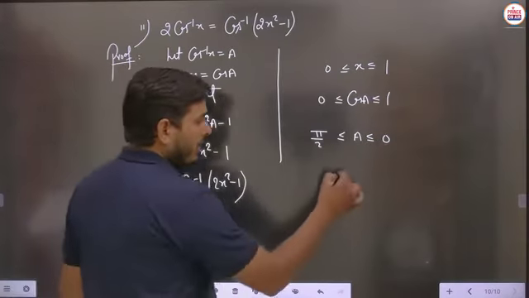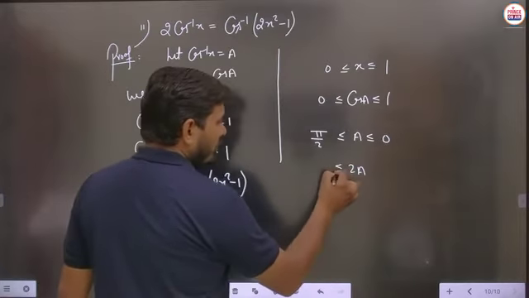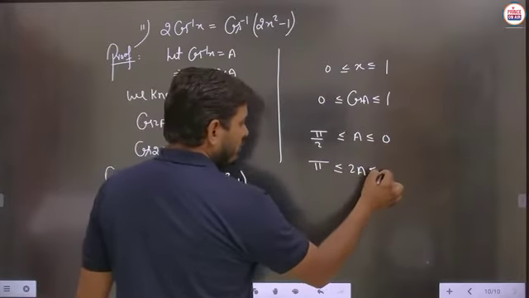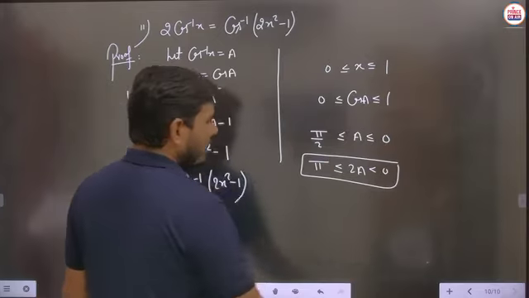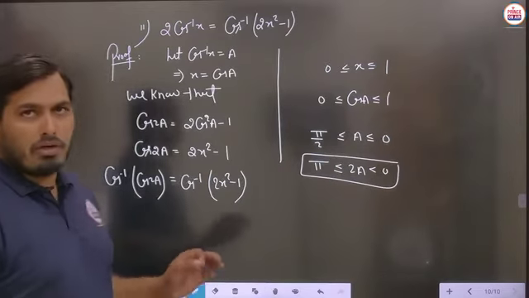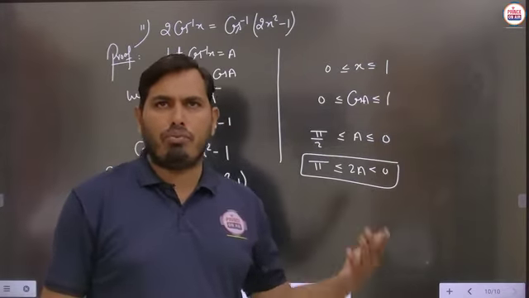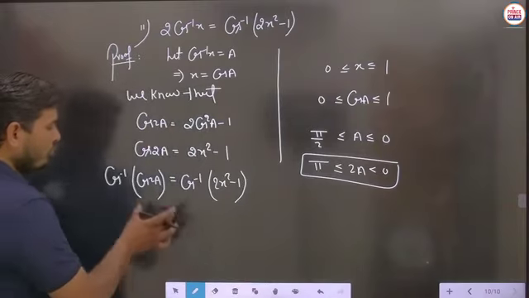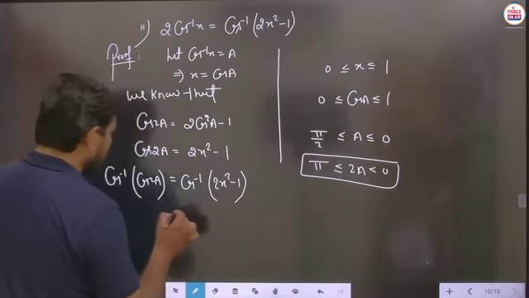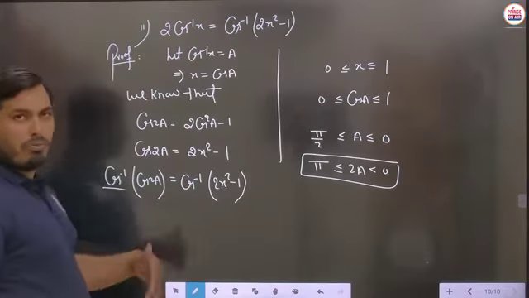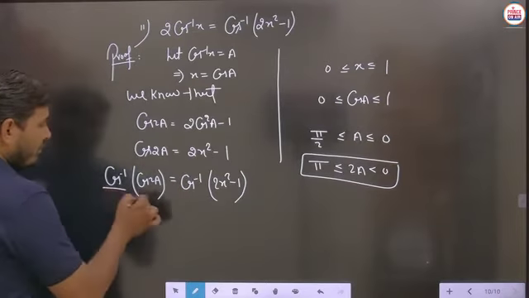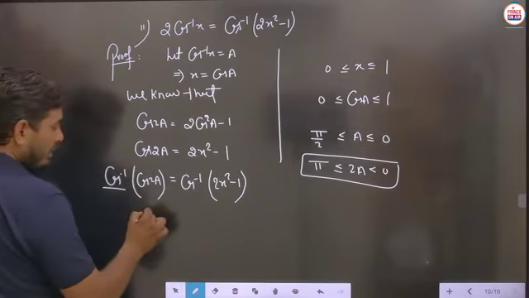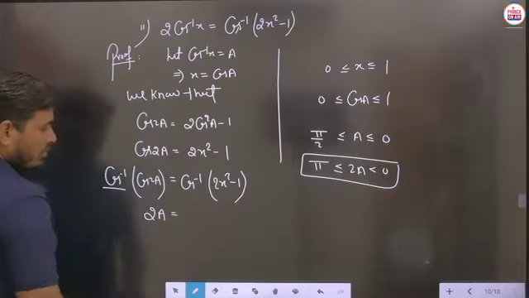Now you can check for 2A. So this 2A will be taken from pi to 0. Then you can say that this particular angle 2A will lie from 0 to 2 pi. So 0 to 2 pi. So you know very well the principal value of cos inverse should also belong to 0 to pi. So whenever we take the principal value 0 to pi, then it will be written as 2A.